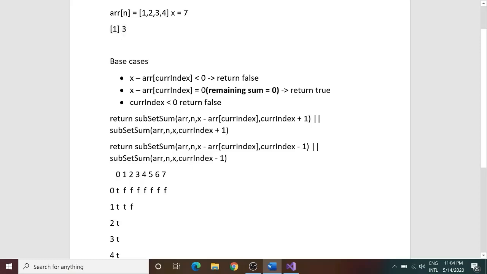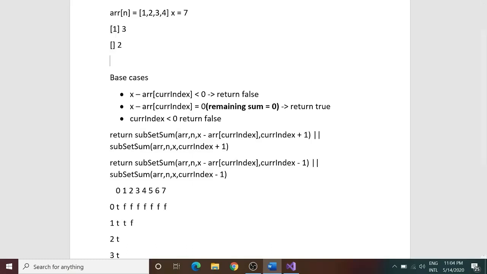So again, how do we do it? We first include the element present in the array and then we do not include it. We take OR of both, and if any one of them comes out to be true, then the answer to this subproblem would be true. So how do I do it? If I include the element present in my array, I would be left with 2 as my leftover sum, but I have 0 as my remaining elements because I have only one element over here.